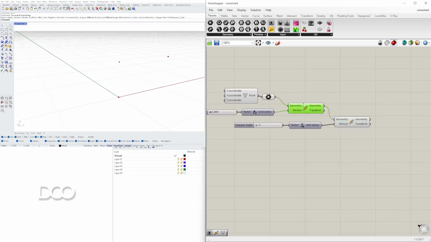So we'll go to this point, move, I plugged in transform rather than geometry. Then we're going to go in the X direction. We're going to go negative